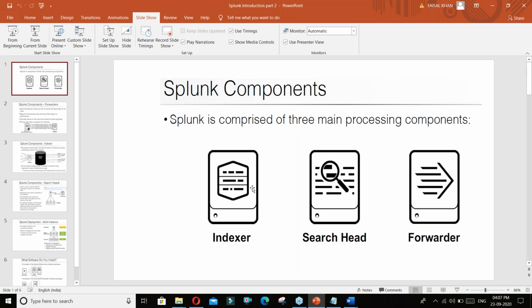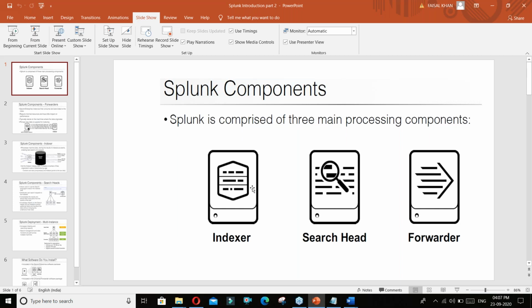How to deploy a forwarder, how to get the data from the end device, how parsing works, how Splunk converts data into a human readable format. That parser, you will learn how to write a parser.